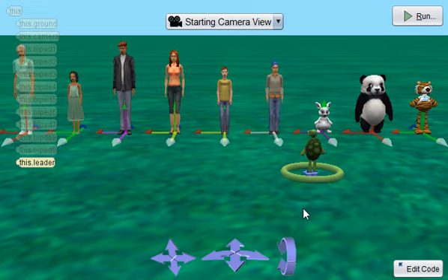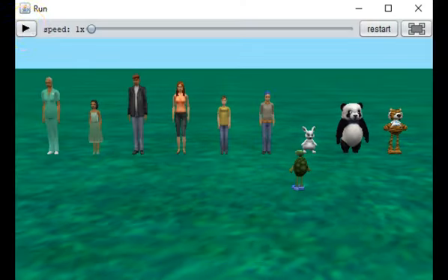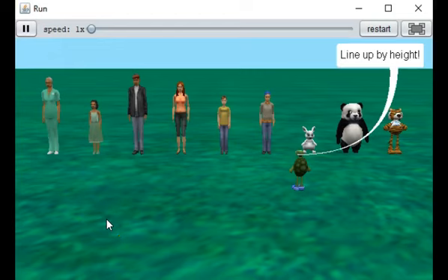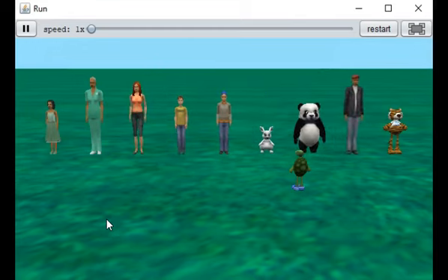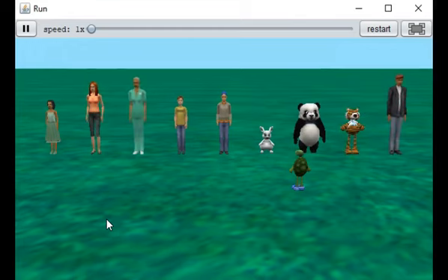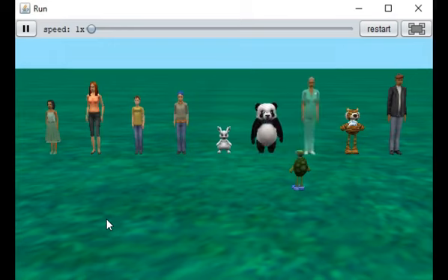First, let's see it run. The turtle says to line up by height, and then the sort begins. What is happening here is that the tallest biped is bubbling up towards the right-hand side of the line, producing